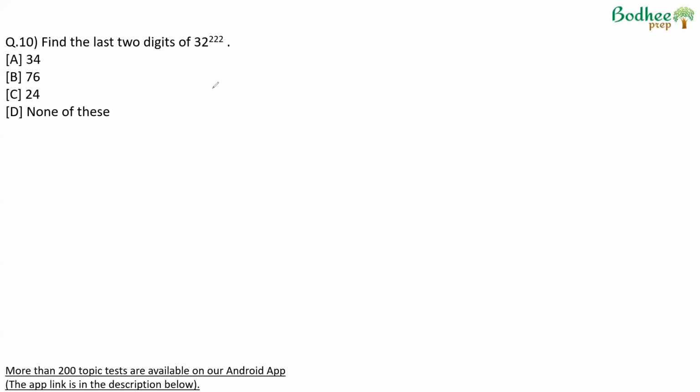Find the last digits of 32 raised to power 222. 32 is a pure power of 2. It can be written as 2 raised to power 5 raised to power 222. This will be nothing but 2 raised to power 5 into 222, which is 1110. This is nothing but 2 raised to power 10 into 111,